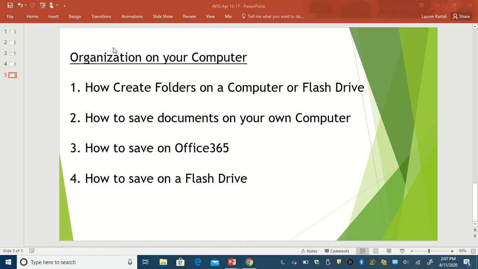And this is really easy to do. First I'm going to show you how to create folders on your computer or on a flash drive. If you're on a PC, a lot of you will have this little file folder down at the bottom. That's one way you can get to your documents. So if you double click on that,